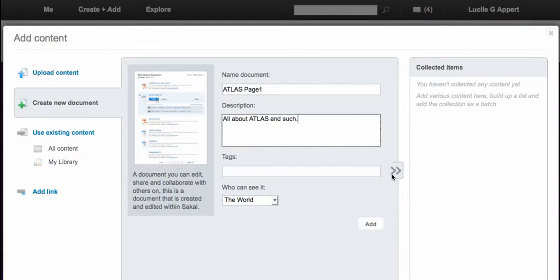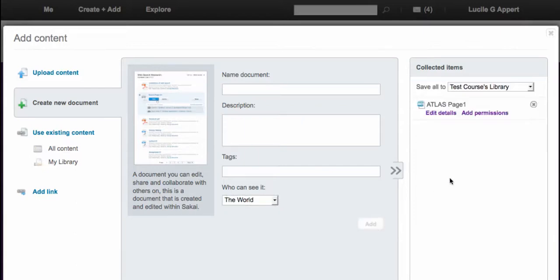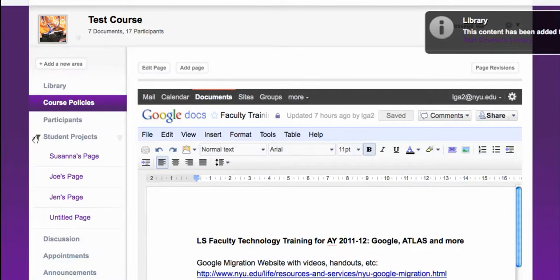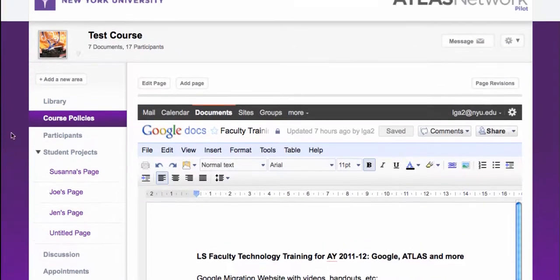Okay, and we can set permissions on this page. The whole world can view it. You can use this as a content repository if you want to, and send pages out for anyone to see. We're going to add this page. And then once we've added the page, we can go to our content area and edit the page.